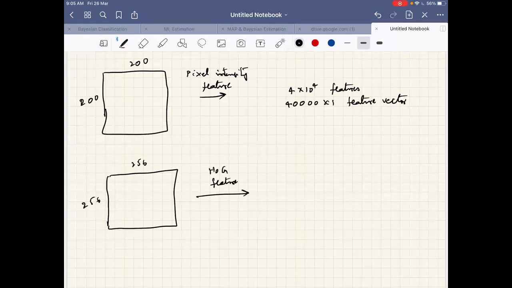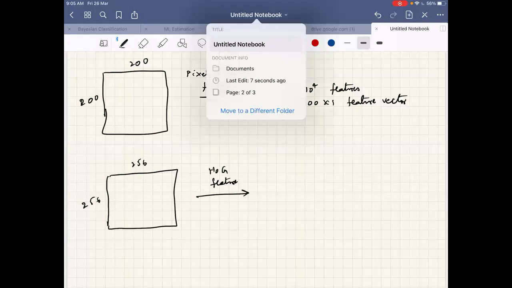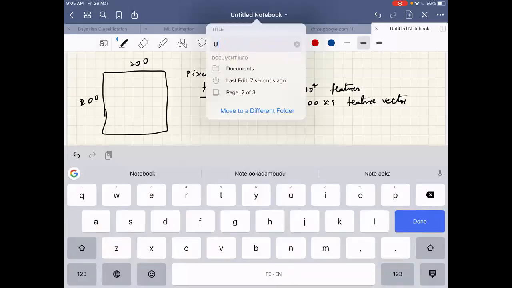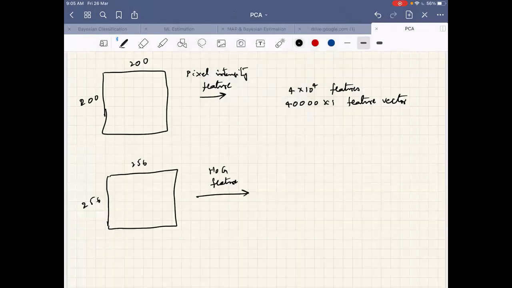Why am I considering the features for the whole image? What application do you think it may be necessary? Can you imagine the application that I may be interested in if I am finding features for the whole image? Can you name an application where it is needed? I need quick answers, otherwise our discussion will not move on. Can't you name a single application where I need the features for an image?